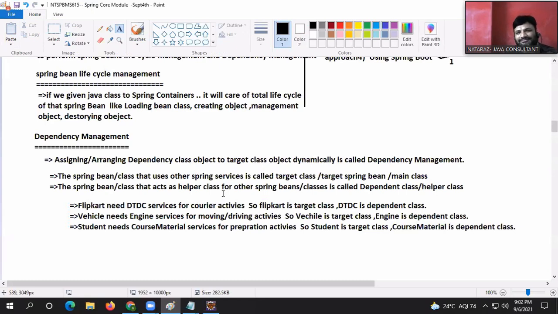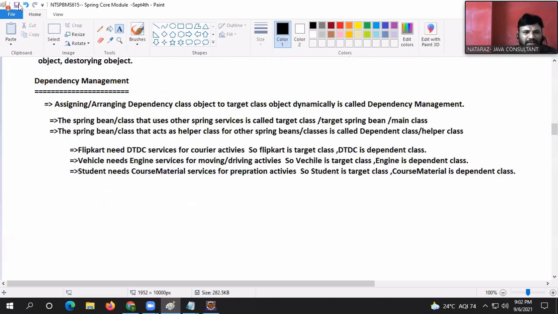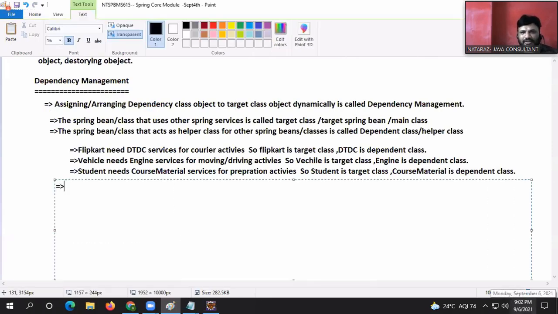The one that is being used by the target class is called the helper class or dependent class. Please don't apply the English meaning here. If we give target and dependent classes